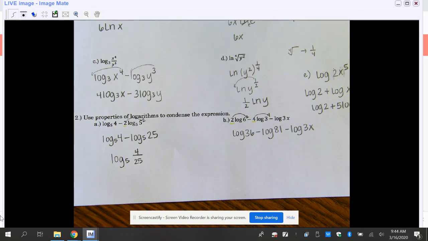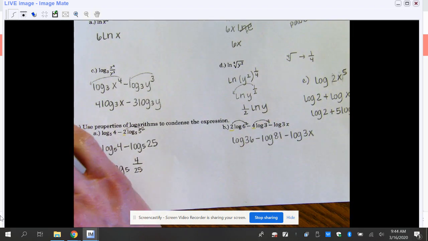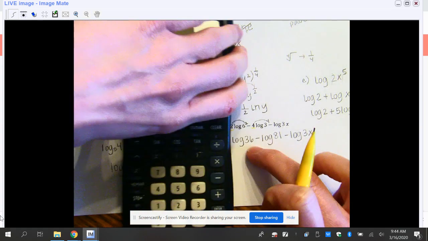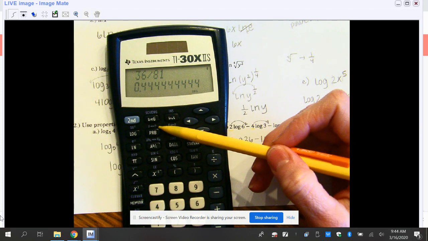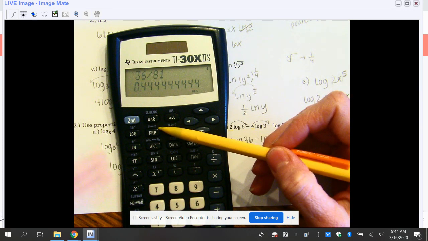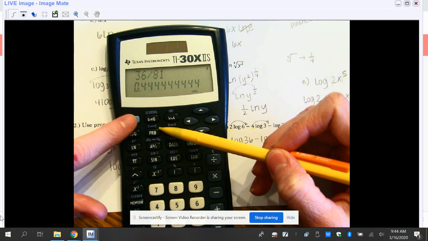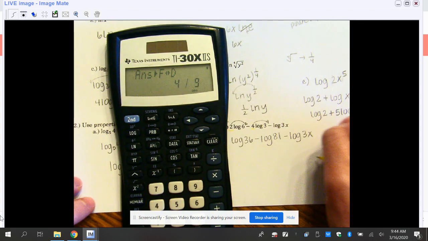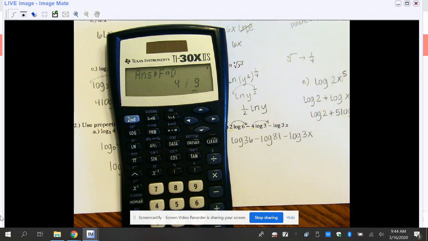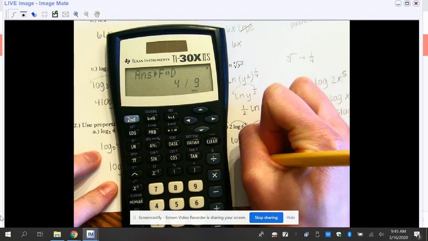So I'm going to start by doing 36 divided by 81, and I get this. Okay, so remember to change that decimal because we need these to be exact. In order to change that into a fraction on this calculator, above the probability key, there's this little F with an arrow pointing to the D. So you always hit the second key and then that, and we get 4/9. Or you can simplify it by hand, right? 36 over 81 and simplify it that way. So now I have the log of 4/9